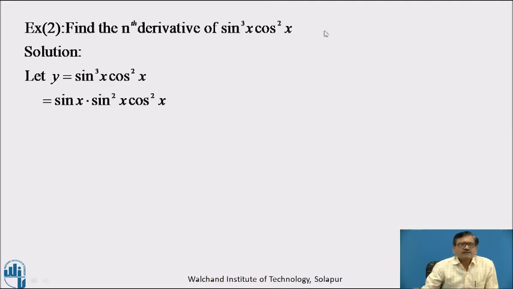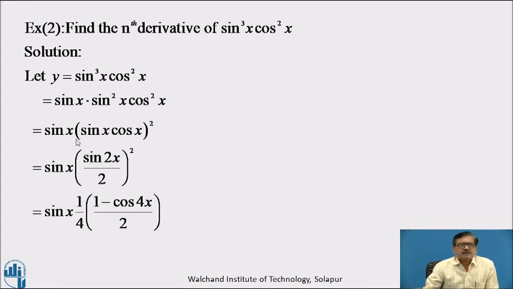And now we will see the next example. Find the nth derivative of sin^3 x cos^2 x. Now first of all we will simplify this sin^3 x cos^2 x, and we will express it in the form of sin(ax+b) or cos(ax+b). Let y equal to sin^3 x cos^2 x. Here we can split up that sin^3 x can be written as sin x into sin^2 x, cos^2 x as it is,